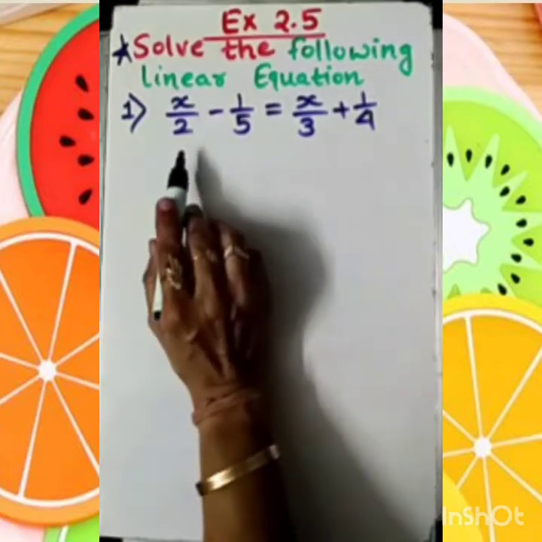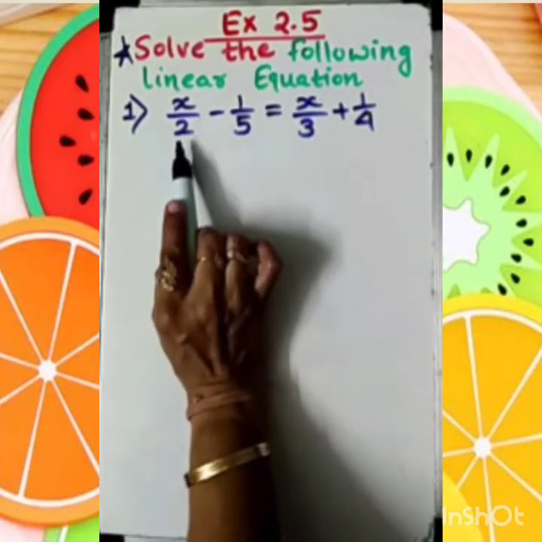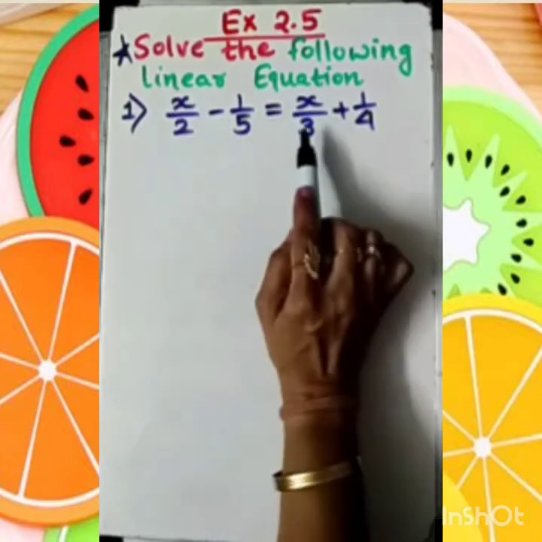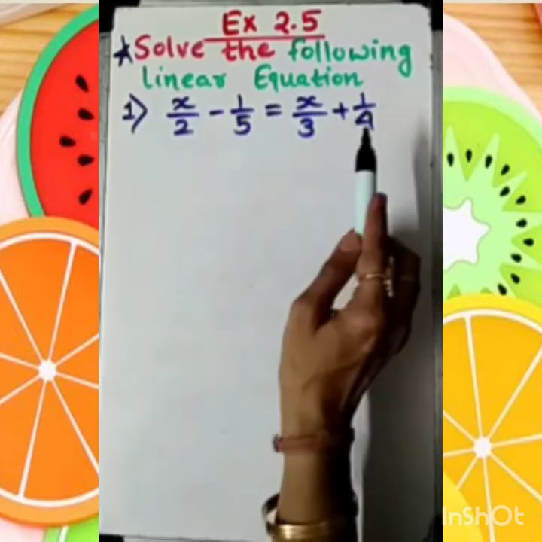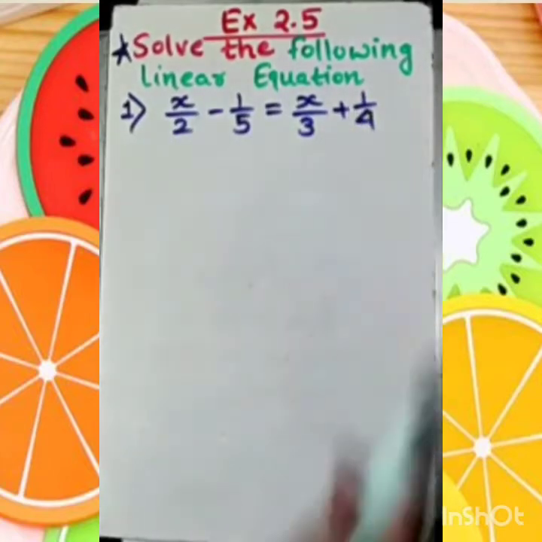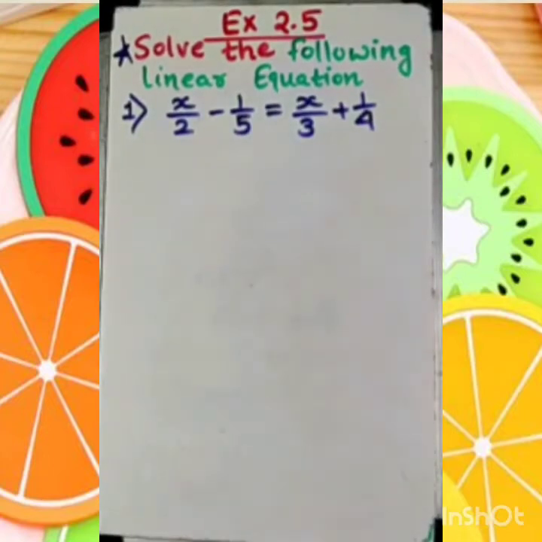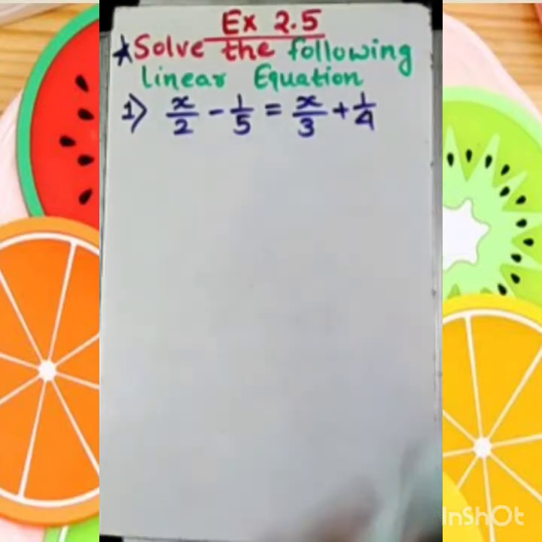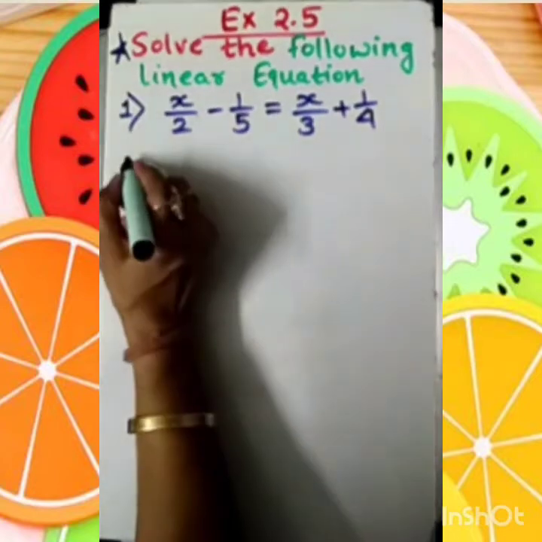As I taught you before, there are two techniques. Either you can take the LCM of LHS individually and RHS individually, then move with cross multiplication. This is the first technique. The second technique is that you can take the LCM of all four numbers together. So I would like to go with the second, that means all four.